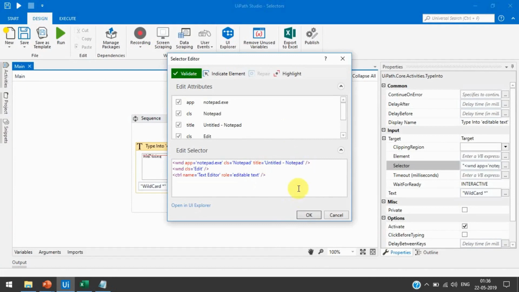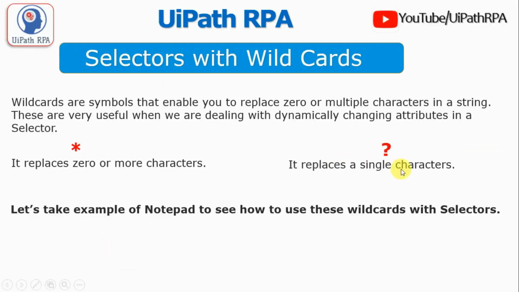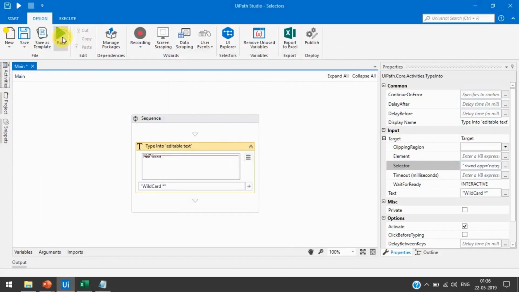Suppose we remove this D from there and use the question mark, then what do you think? Will it work or not? It will work because it replaces one character. You can see here it replaces a single character. Now press OK and then run.